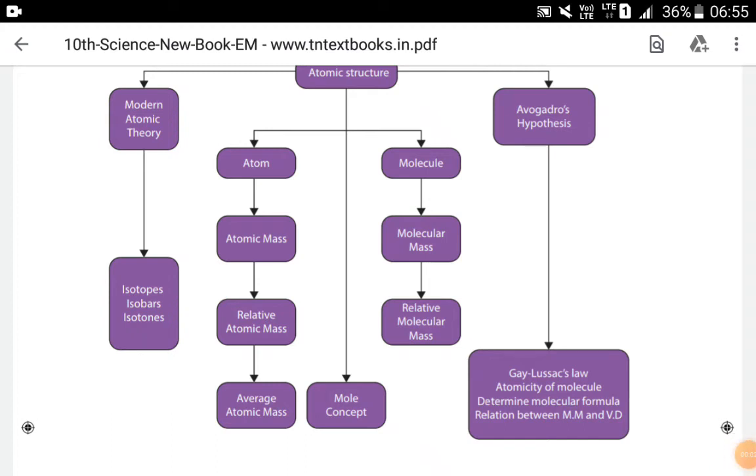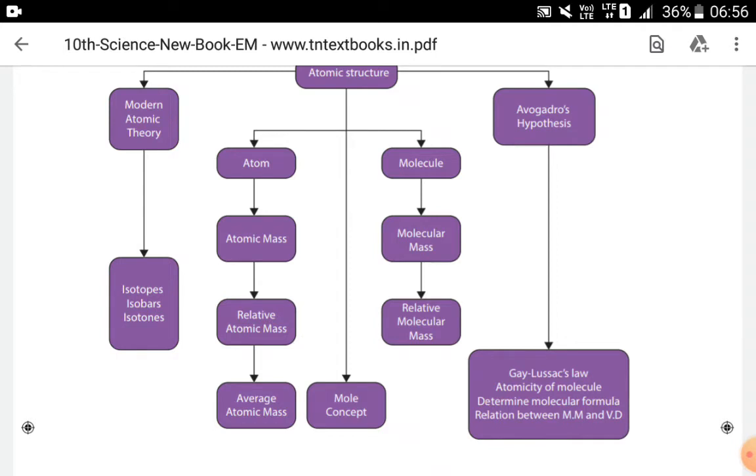So nowadays we are discussing the periodic classification of elements, Unit 8 of your science book, which is a chemistry portion. Now we are going to move to the next topic, how to extract aluminum from its ore. That we are going to study now. Before that,